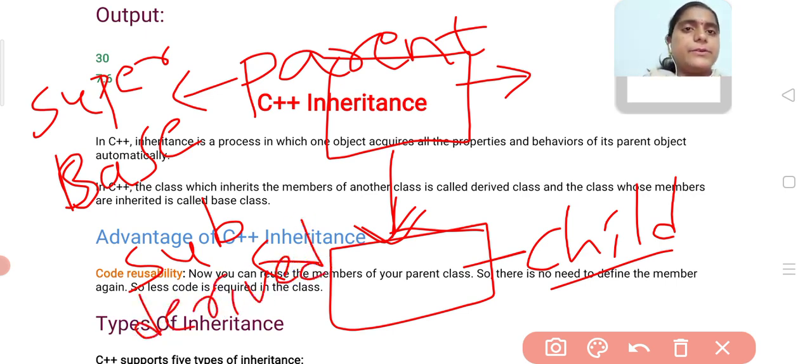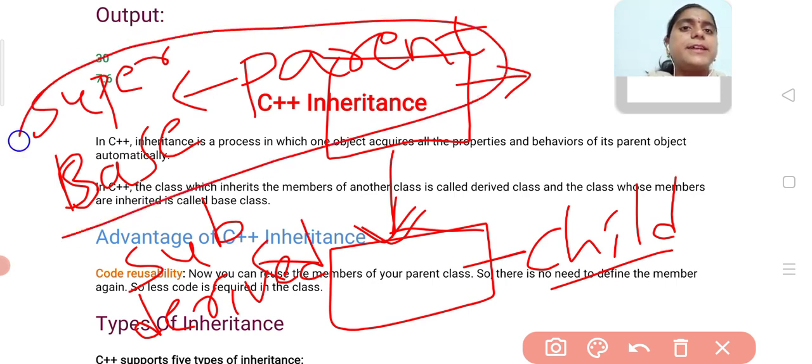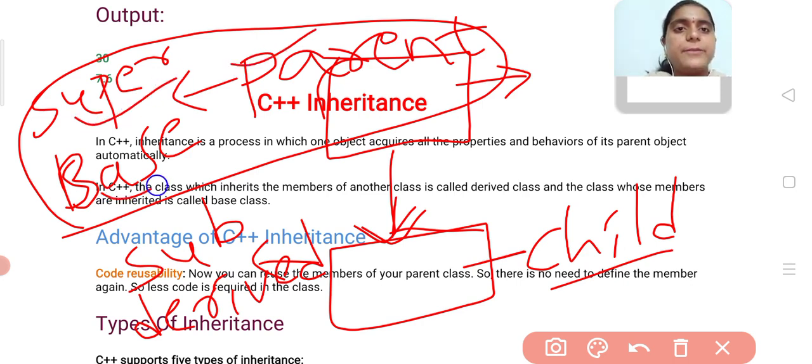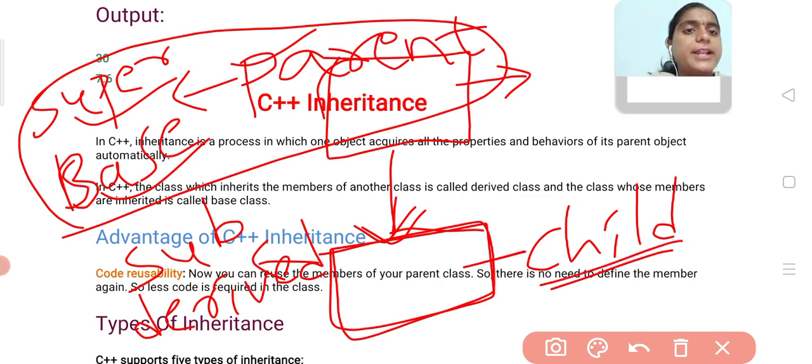The class whose properties are inherited is called the parent, super, or base class, and the child class which inherits the properties from another class is also called a subclass or derived class.